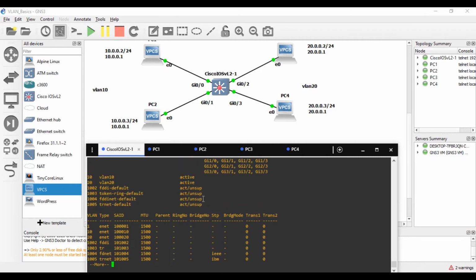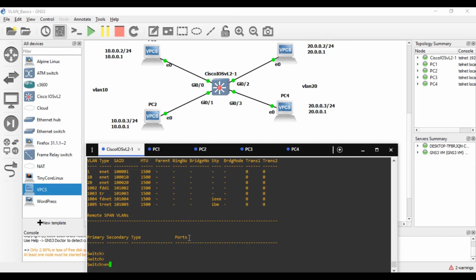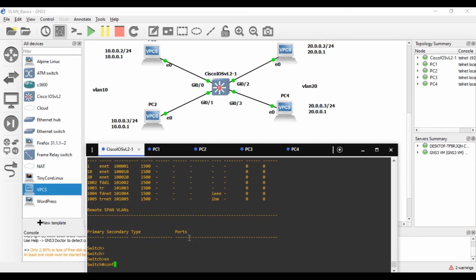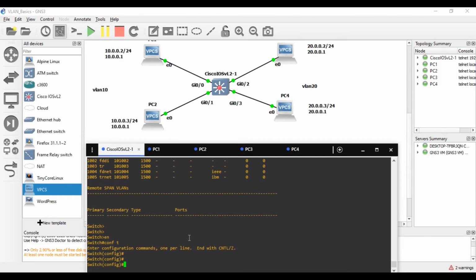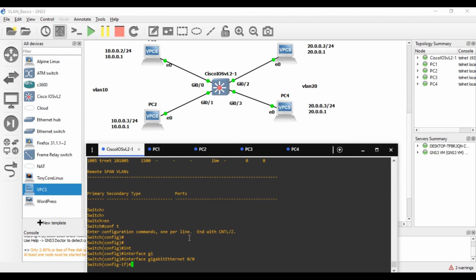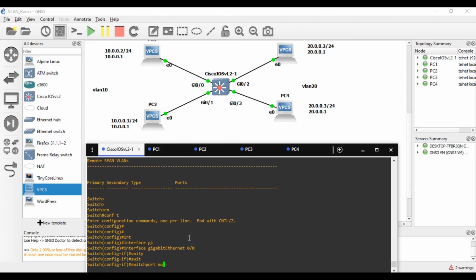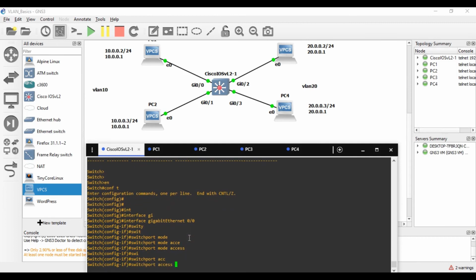Only thing is, no ports have been assigned yet. Now our next task is adding ports. Again, go to configuration mode, configuration terminal. What I'm going to do is first go to interface GigabitEthernet 0/0, then switchport mode access, switchport access VLAN. Through this port only VLAN 10 should be added,